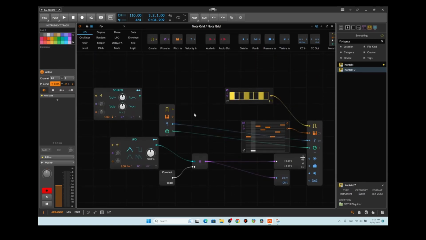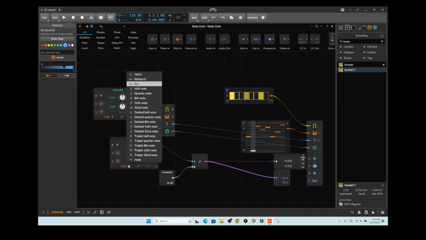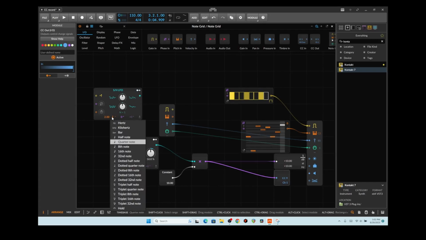So basically, all I'm doing is I'm setting a CC out with LFO information. This doesn't have to be LFO. It could be phase. I like the LFO because it's slow, and you can set how fast it goes. So that's actually a really good reason to use the LFO with this. Otherwise, it's too fast. Phase is kind of hard to work with, especially when it goes lightning quick. But you can slow down the LFO to like 14 or 15 and have it do different things, and then you can do the same thing with this